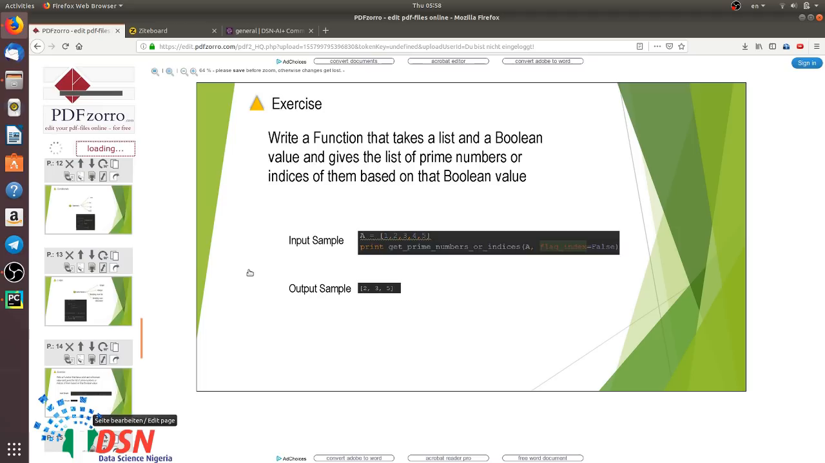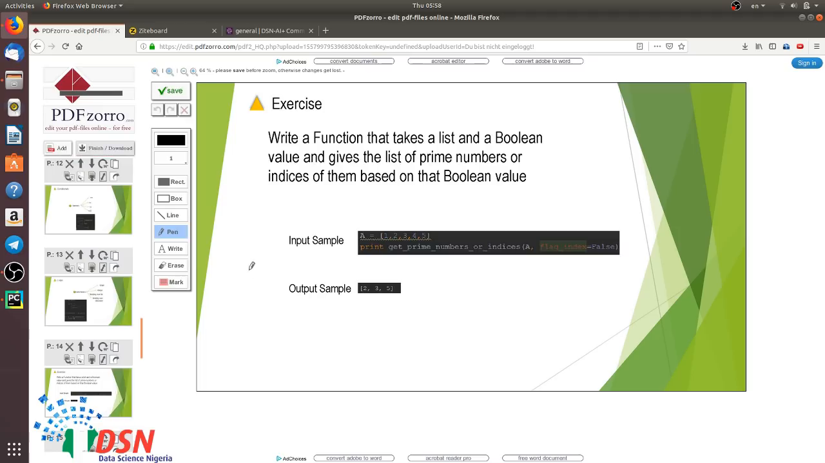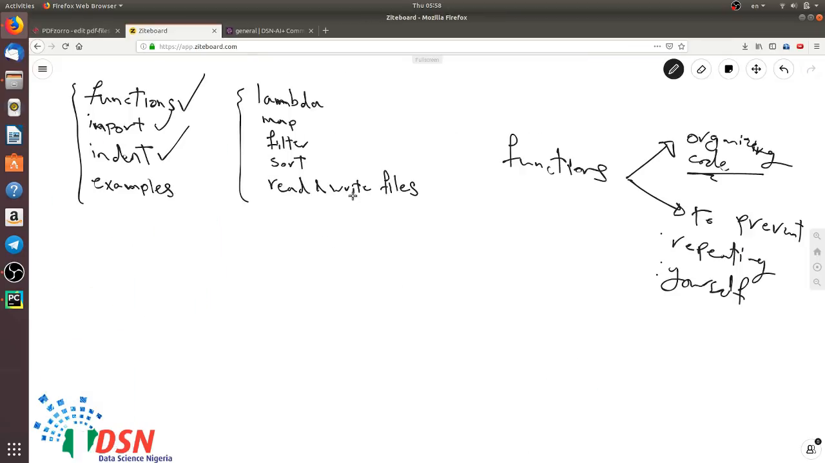And this is your exercise that we solve in the next session, but please work on that and think on that. How should you write a function that takes a list and a Boolean value, then you want to extract the prime numbers or indices of them based on that Boolean value. So the prime number is a number that could be divided by 1 and the number itself. Okay,